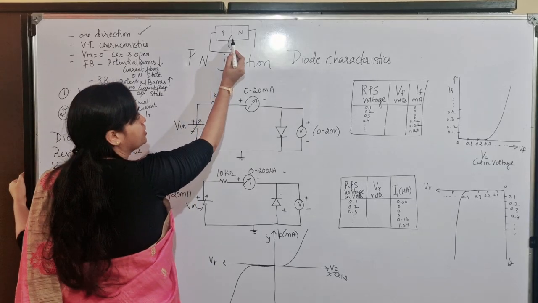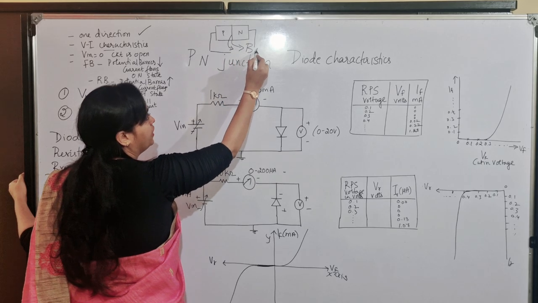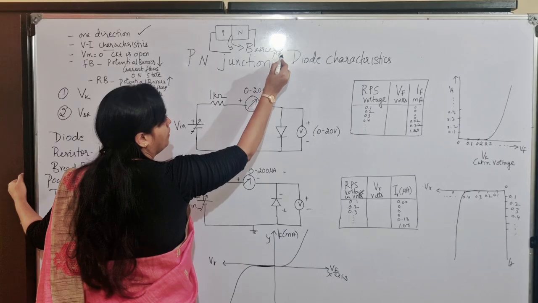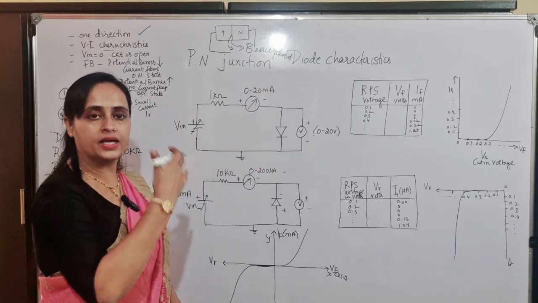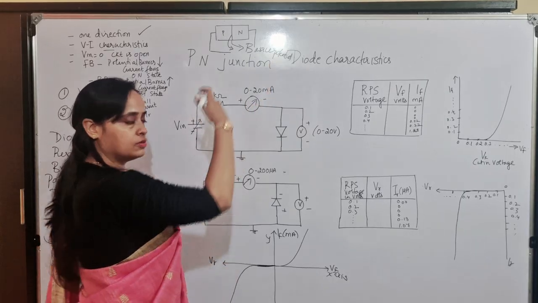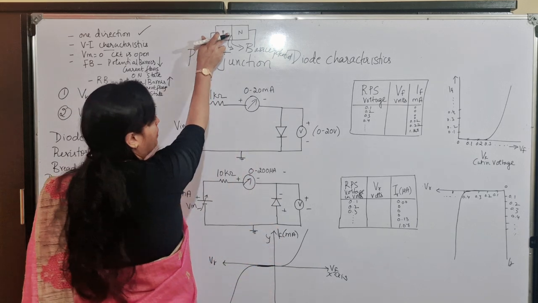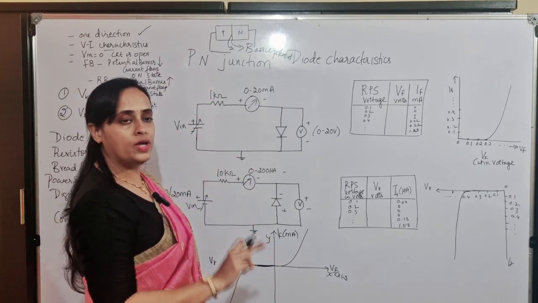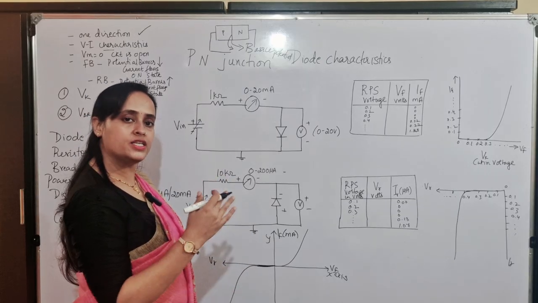If applied voltage is 0, naturally what happens? Whatever the PN junction is there, across here, there will be barrier potential which acts as a barrier. Barrier means what? It acts like a barricade, because for any current, electron should flow. If there is no biasing, whatever the barrier potential is existing across the PN junction will act like a barrier for flow of any charges.